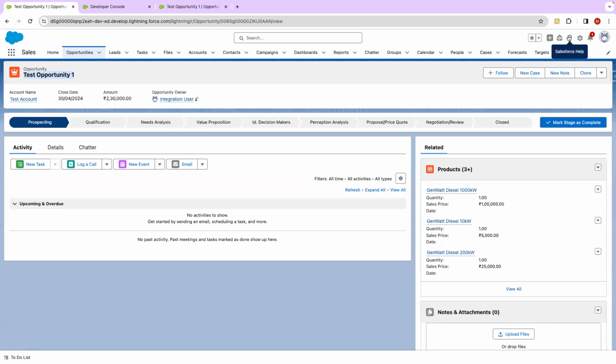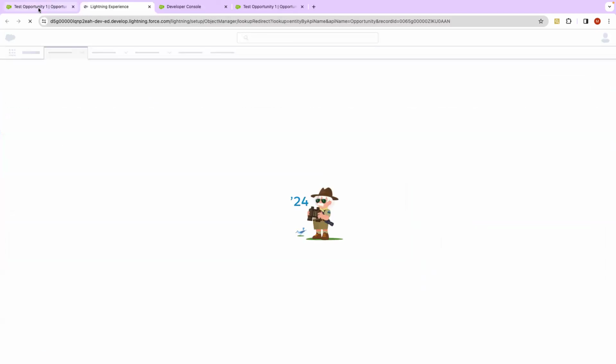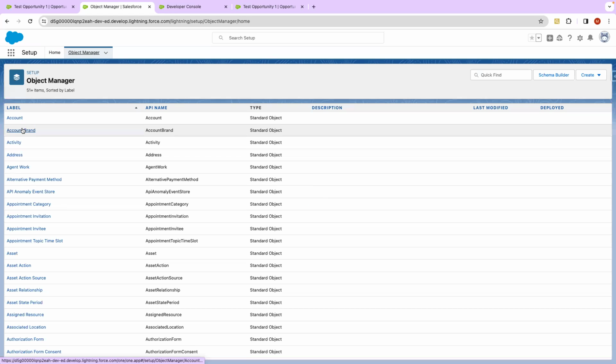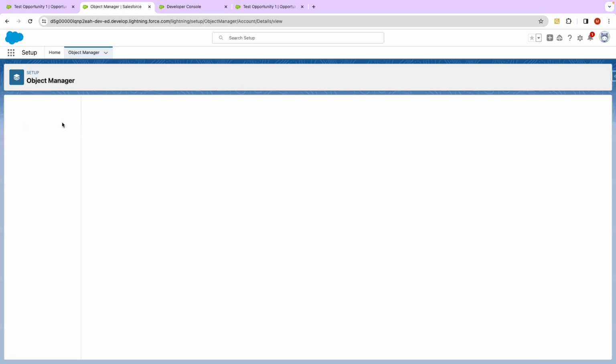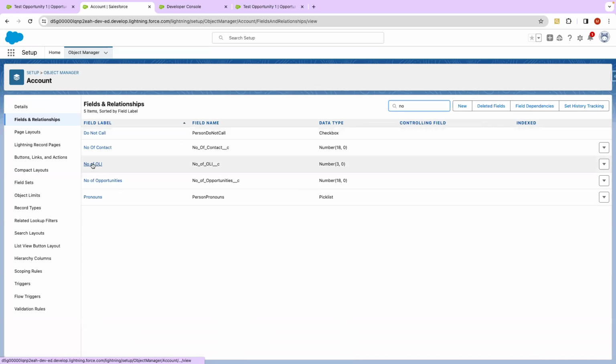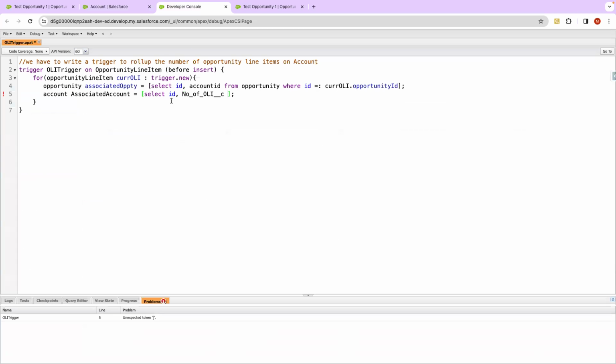Let's get the API name of that field, because we'll be using that later on. Number of OLI. Okay. So ID comma number of OLI from account where ID